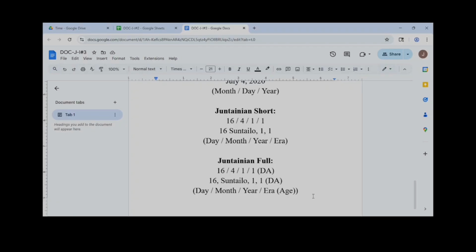So how our eras correlate to our years is each era consists of 10 years. Every 10 years, the year resets and the era goes up by one. So in that time, it was the first year of the first era,